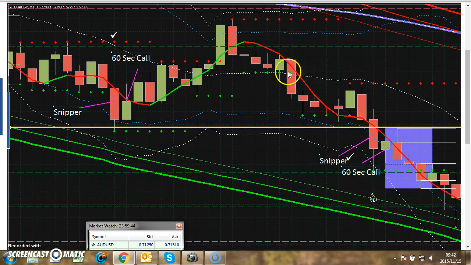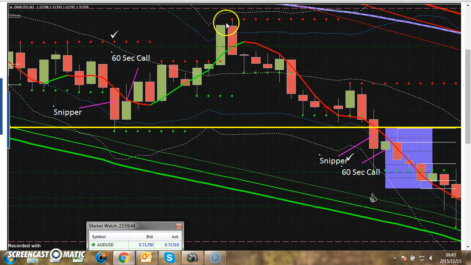Okay, there's a price. Going up, look at the Snipers here, it's all over the place. The price is coming down, and then look at this bar. It went all the way, hit the impact area, close. One question, compare the size of a body with a wick. Is it between 65 and 80%? Yes. Next bar open, 60-second call, easy win.